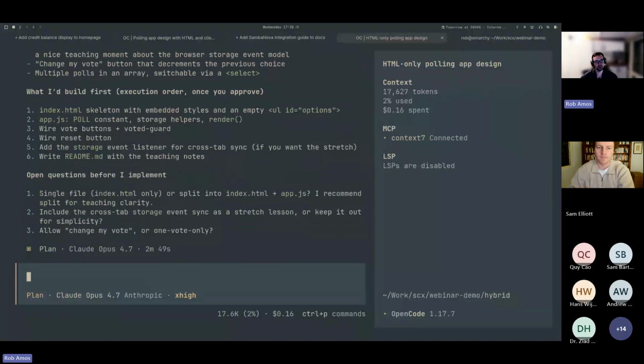However, you don't necessarily need to use such a high-powered model to do the grunt work of writing the code and actually building out the features. And so